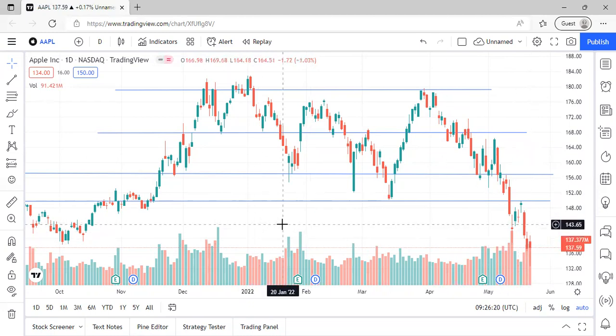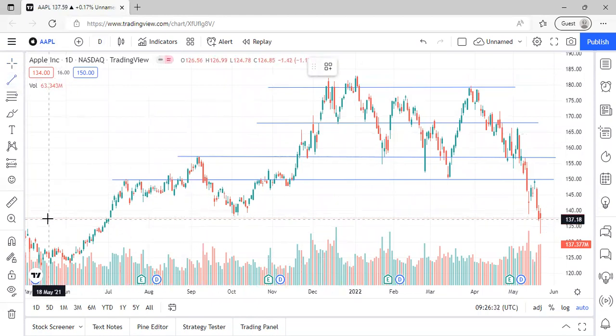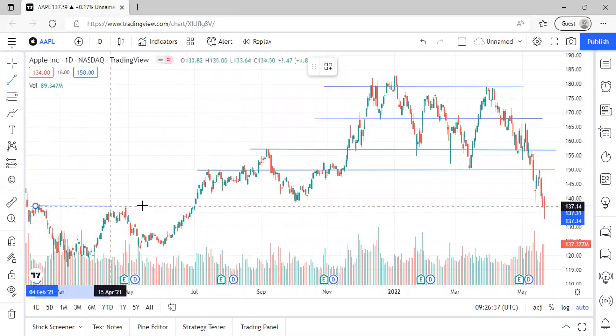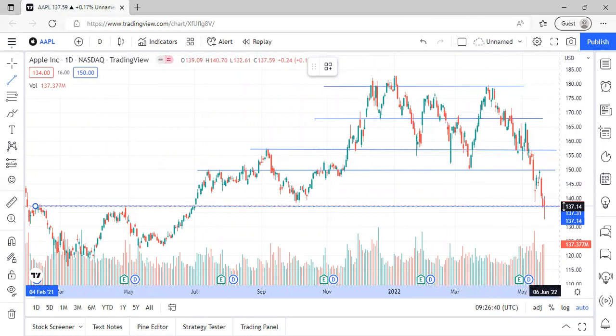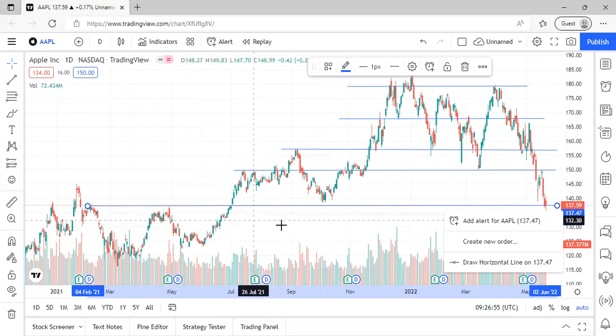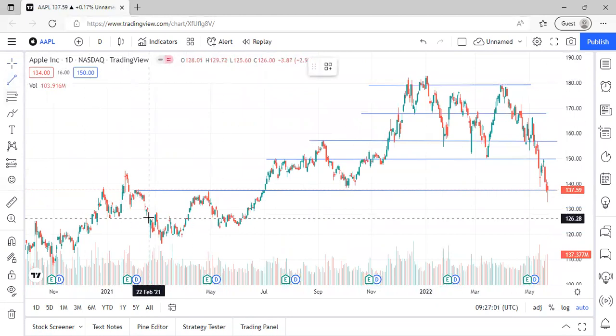So I will take a few steps back and you can take a look. How can you predict the next price movement for Apple? I will now draw another line over here, and what I can see here is in fact the next resistance line at this price point, which was breached on the 20th of May, but it rebounded back, ending at a high of about 138 USD. But what I can say is, if we look at the chart even further, the next resistance line that I can see over here would be at this point,